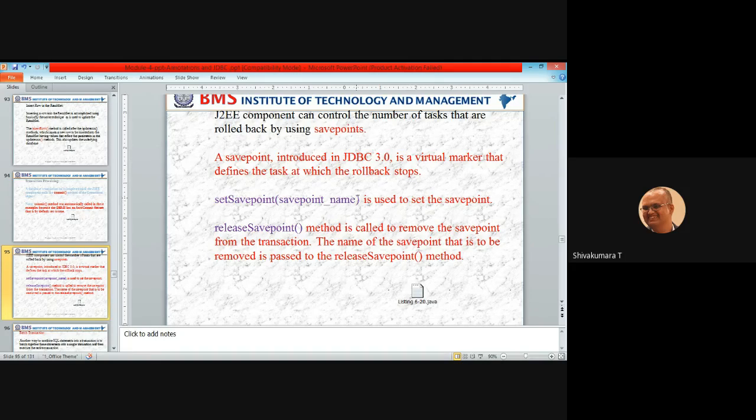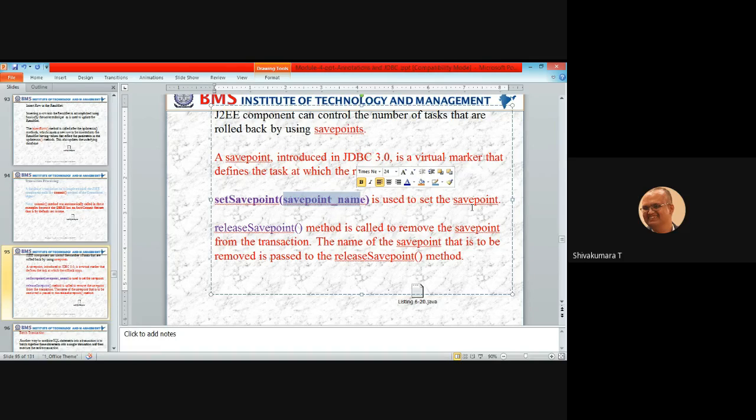It is a virtual marker that defines the point at which the rollback stops. For example, setSavepoint, where the parameter is the savepoint name, is used to set the savepoint. Suppose you want to release the savepoint, meaning remove it.